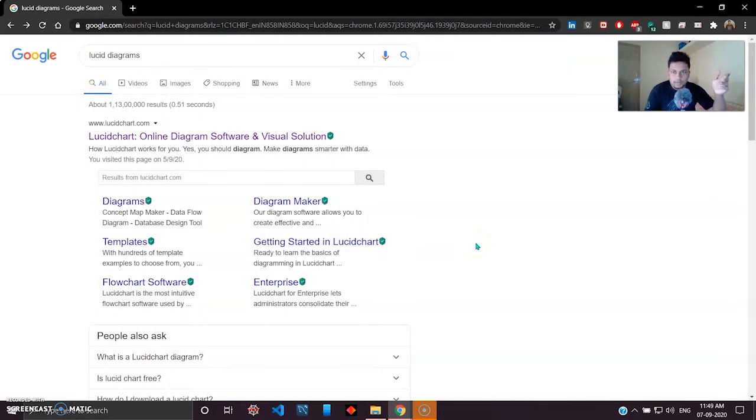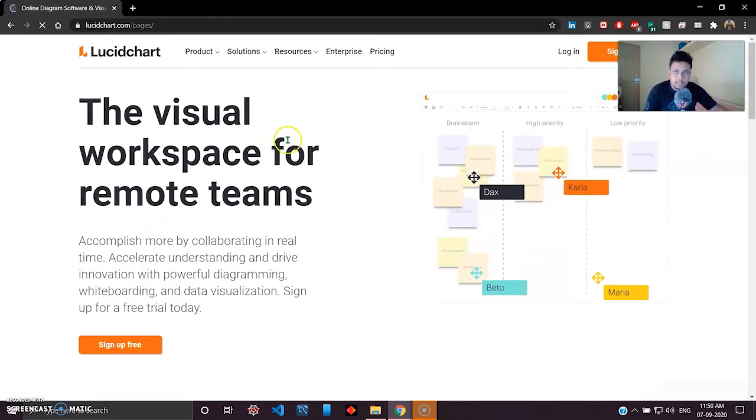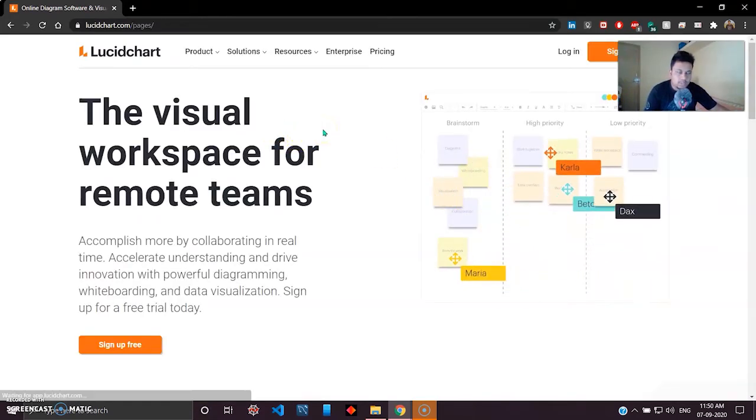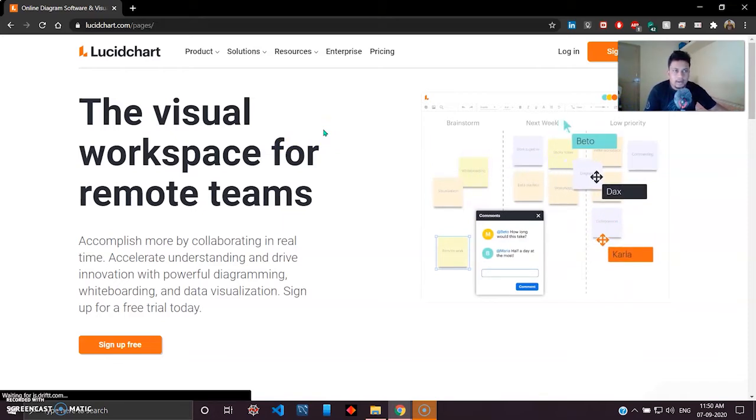Before we get into the installation of MySQL and setting up the server, I actually wanted to show you this free tool which we'll be using in this series, which is Lucidchart, also known as Lucid Diagrams. If you're familiar with MySQL, you have seen ERD, which is the Entity Relationship Diagram, a graphical representation of the entities and the relationships between the tables in MySQL.